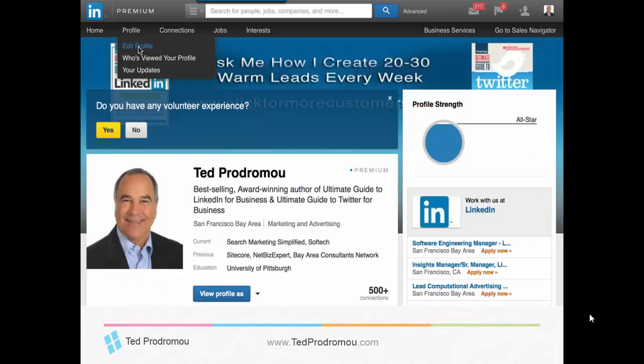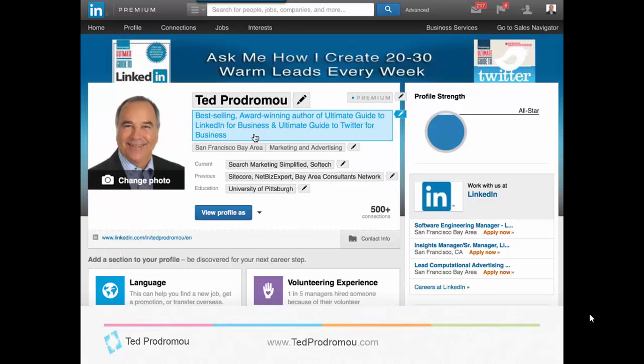So the next item is your profile, and this is where you edit your profile. And this has been changing a lot recently, how this works. So if you just click on edit profile, it'll prompt you with lots of different places you can change the content. This has really changed just in the last few weeks for me, at least my profile. LinkedIn rolls out changes almost continuously, and sometimes it takes 3 to 6 months for other people to see certain things. So it's just kind of like a rolling, continuous upgrade for them.